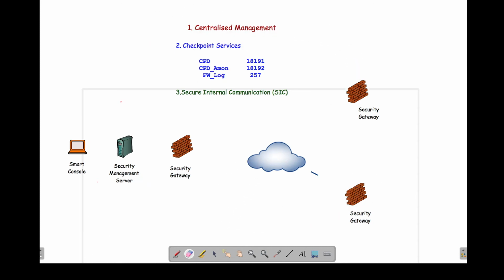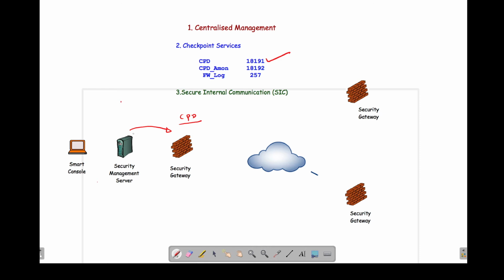Now we said that the management server gives a policy to the firewalls. When the management server wants to give a policy to the firewall, it should access a service called CPD service, checkpoint protocol daemon service, running on the firewall at port number 18191.